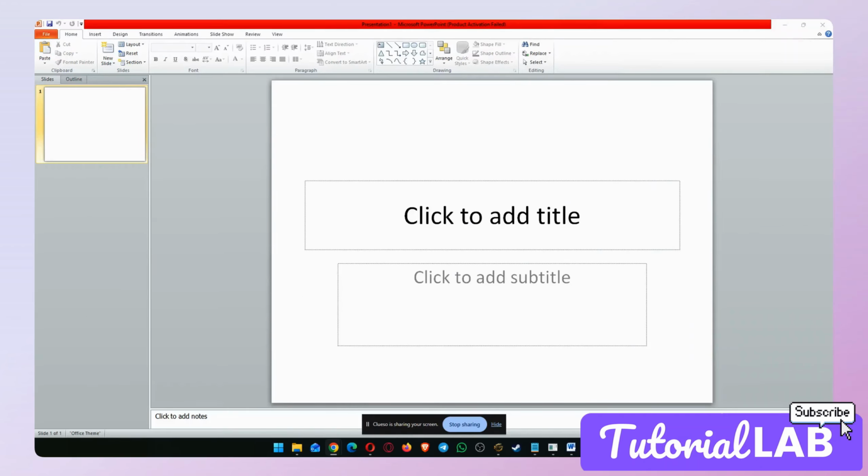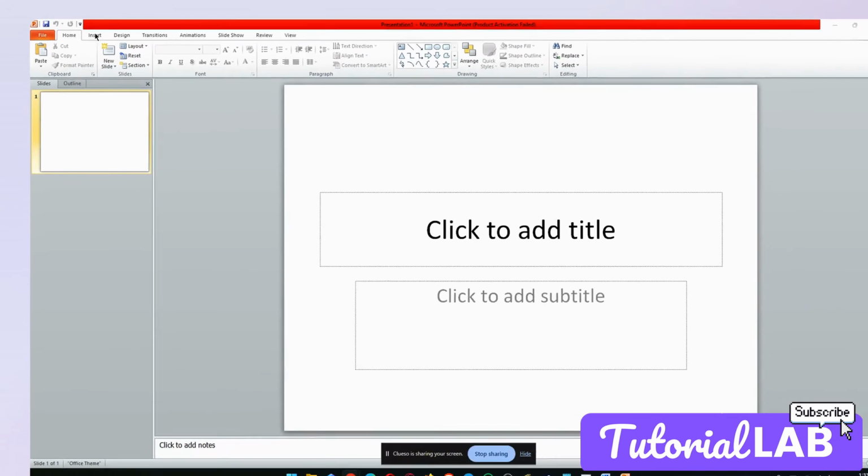Hi everyone. In today's tutorial, we will show you how to create a zooming photo effect in PowerPoint. This is a great way to add motion and make your presentations more engaging and dynamic. Let's get started. The first thing we need to do is go to the Insert tab in the upper left